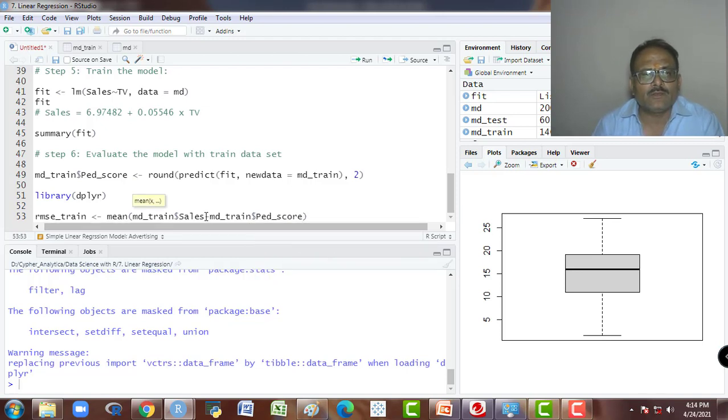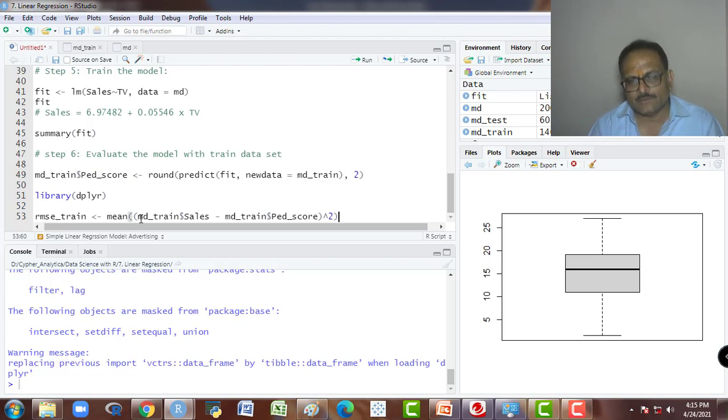Y is sales. I use some space over there so you can better understand. I use one more bracket because I want the square of this, and then I find the mean. For making the square I could use this operator, the caret, or I could use the double asterisk also. This gives the mean of squared residuals.